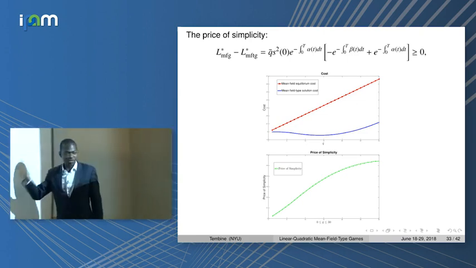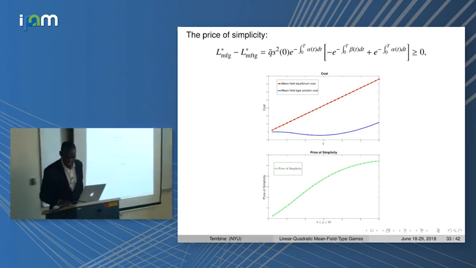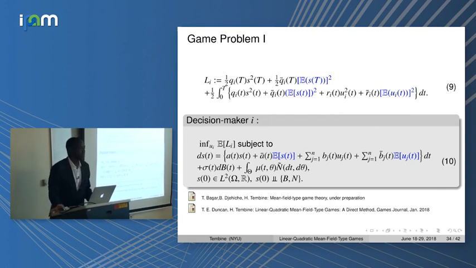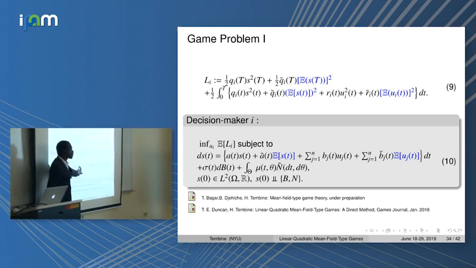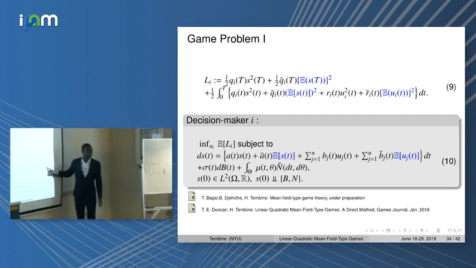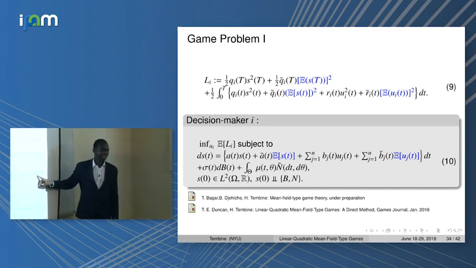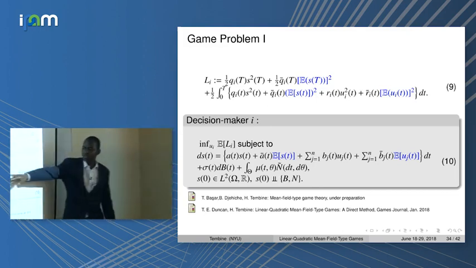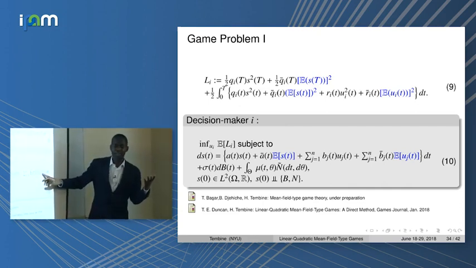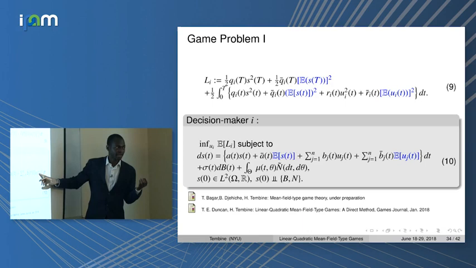Okay? So I'll stop on this example. This is enough for linear quadratic. Now, can we generalize the direct method to include mean-field type terms? Now there will be a mean-field type term, the expected value of the state, and the expected value of the control action. The drift is modified to include the expected value of the state and the expected value of the control action of all the agents. There are n agents here.